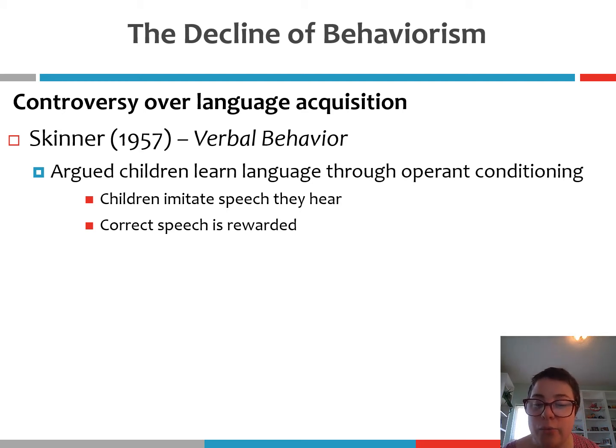So what was being debated here was the question of how humans acquire language, right? So how does language come to be, or how does it develop? And so the behaviorist account that originated with Skinner was simply that language is a product of operant conditioning, right? So children just automatically sort of imitate what they hear from their parents, and eventually, just at random, they stumble upon the correct